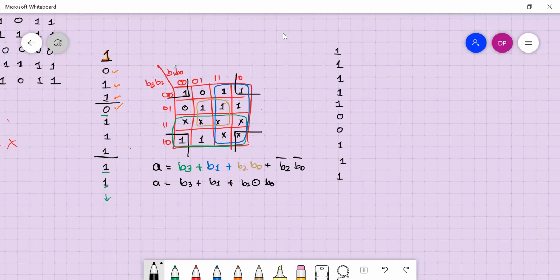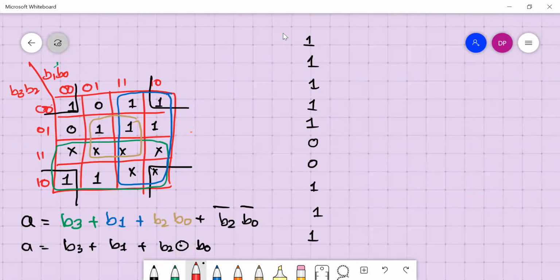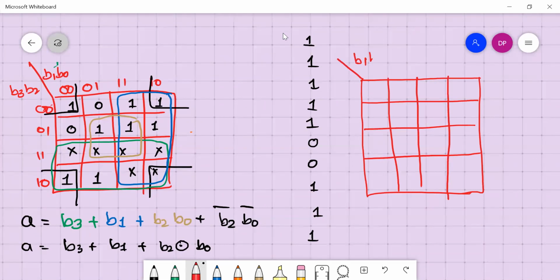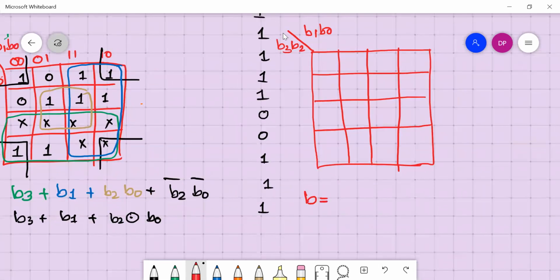This is for B, and let's make the table here. This is B1, B0, B2, B3, and we are going to find out the expression for small b.